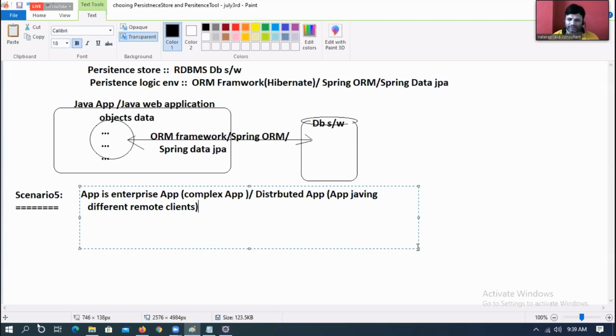I'm first building the concept. I'm making you people think. I want to open your brain. You might have noticed a lot of our regular faculties when it comes to online classes: second day itself they start coding, third day itself they start coding, and you will end up without maturity.